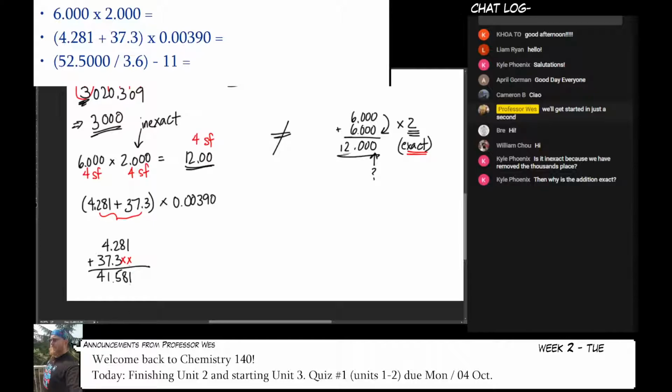So I have some blanks here in these columns, so I can't use these columns. So I'm going to start my rounding to right there. So this number will become 41.6. So this right here is 41.6. And then when I multiply that by 0.00390 in my calculator,